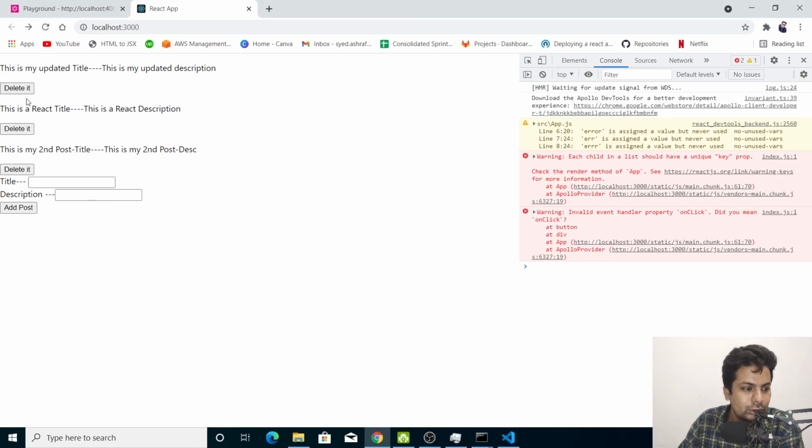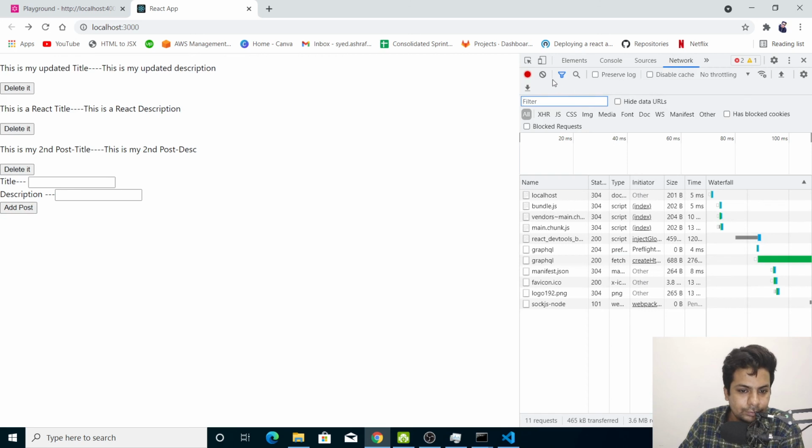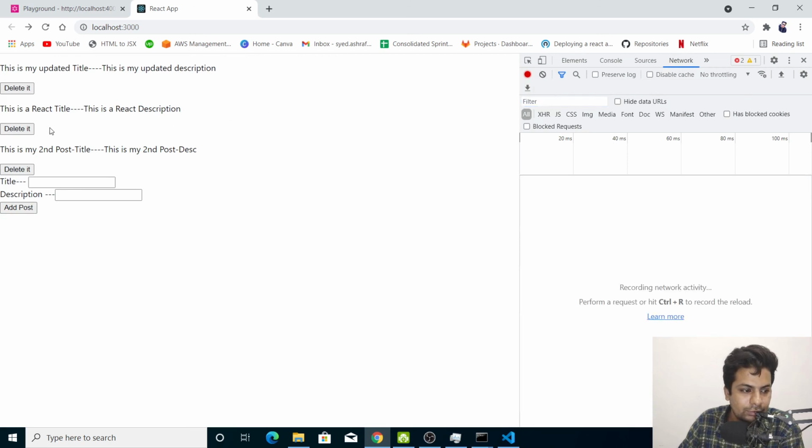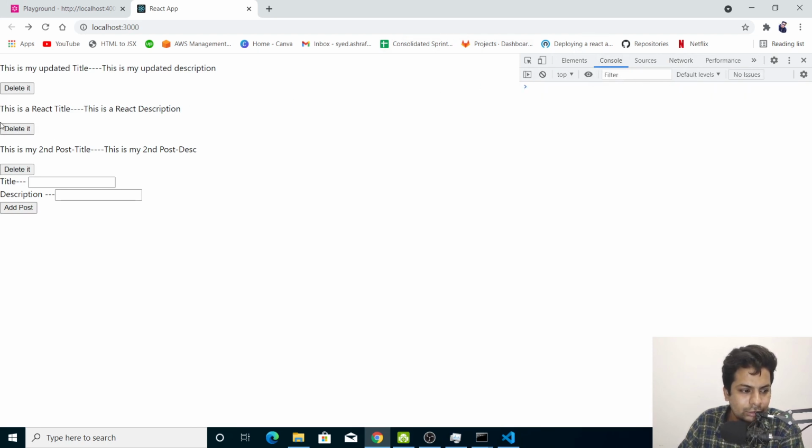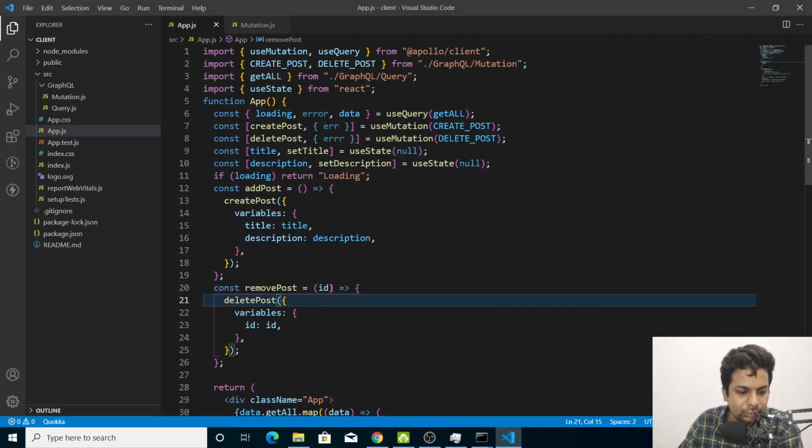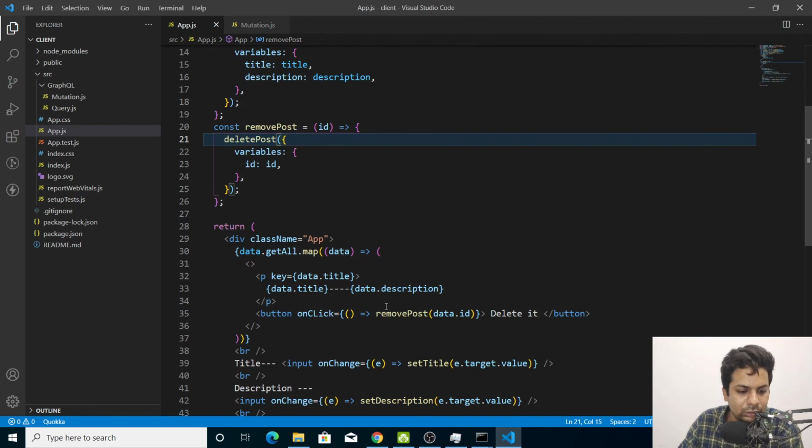What's the issue? If I do React title reloaded, let me check the network tab. If I delete the React title, nothing is happening. Why so? I think on click, I'll call the removePost.